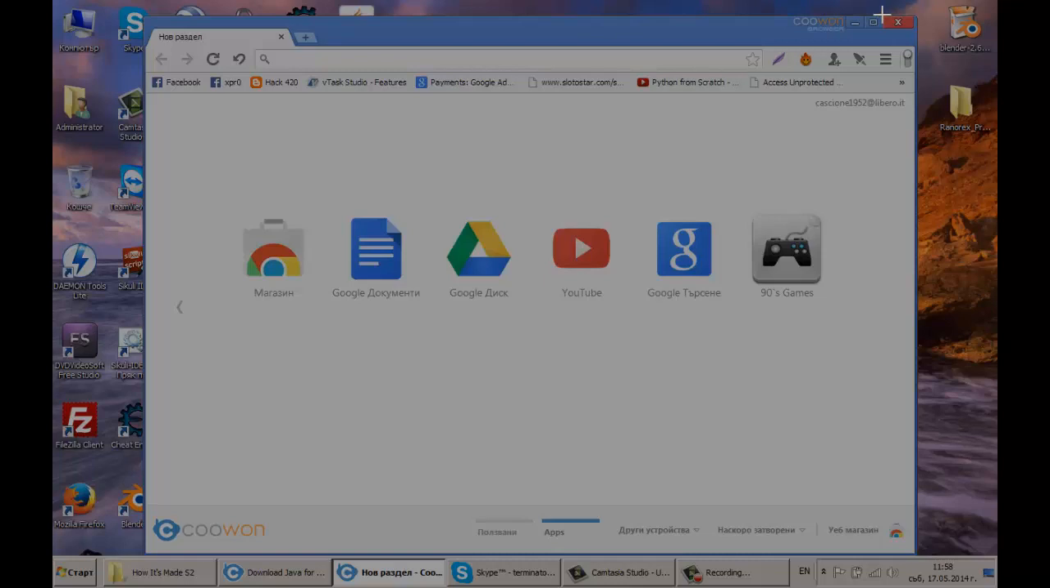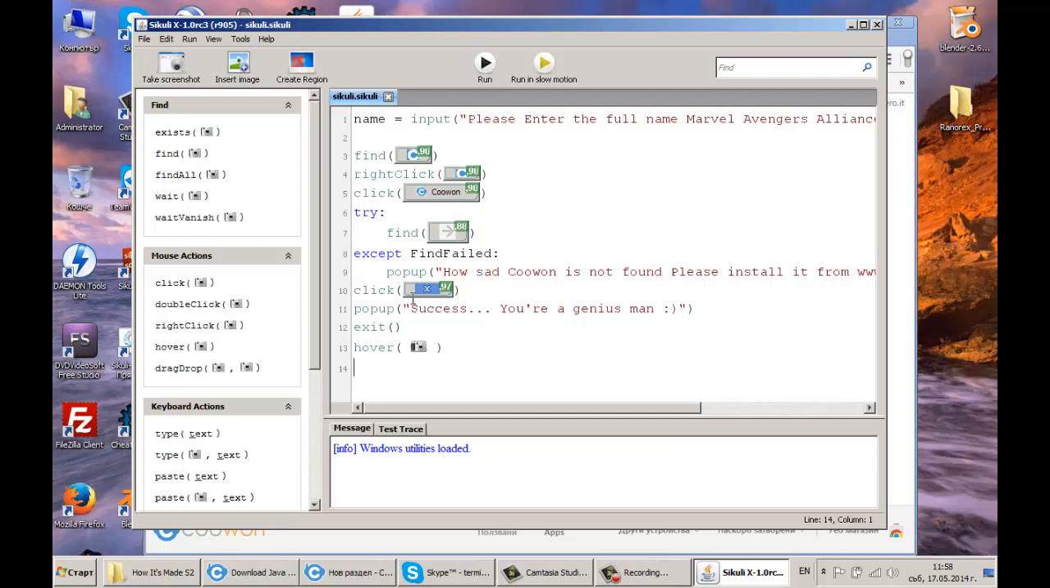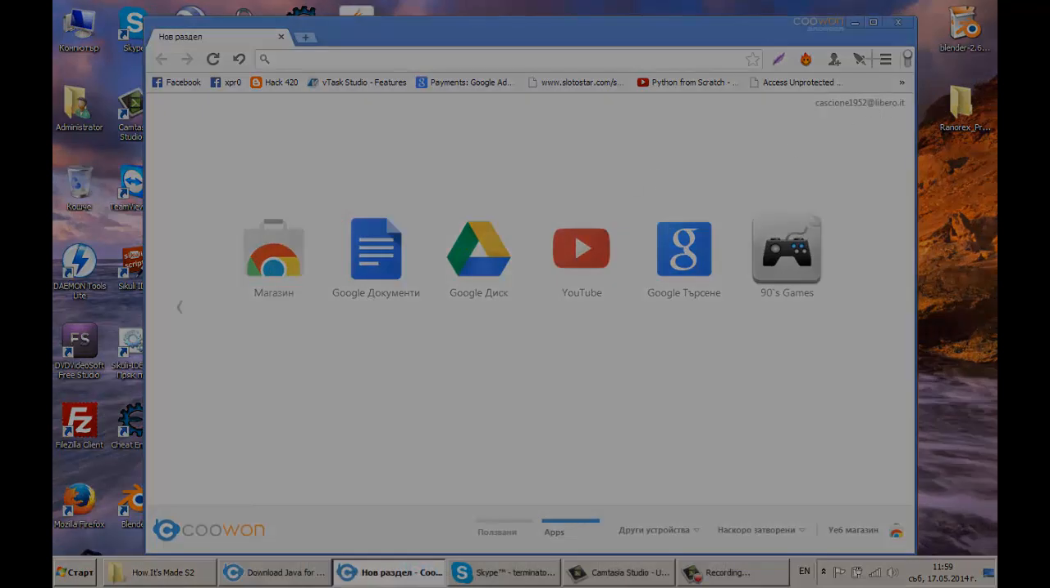Actually, in this case I don't need to make it red. I need to tell it to find this button, hover over. Yeah, sorry, my mistake. So hover again. Now I'm going to tell it to find this and to hover over. Okay,